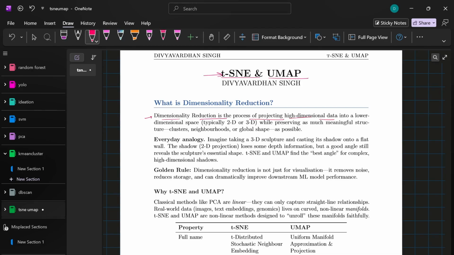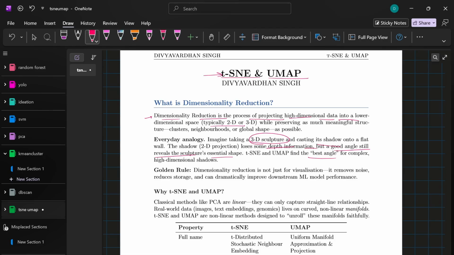Dimensionality reduction is a process of projecting data from hundreds and thousands of dimensions down to 2D or 3D, which we can actually see. Think of it like casting a 3D sculpture's shadow on a wall. You lose some depth, but the right angle still reveals the shape. t-SNE and UMAP find the perfect angle of your data, and beyond visualization,